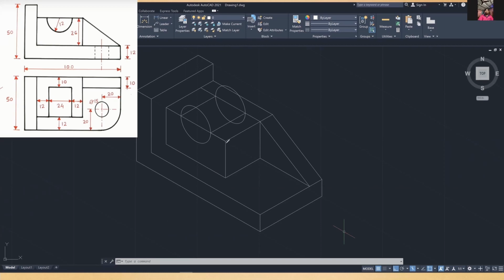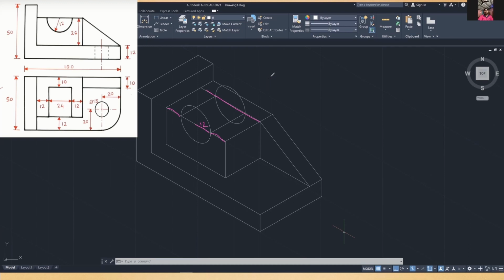On the small box on the top surface of the L-shaped figure, from the corners, we make a line of 12 millimeters on both sides, and make a line of 10 millimeters from the rib. Make an isocircle of a radius of 12 millimeters. We need to type to make an isocircle.